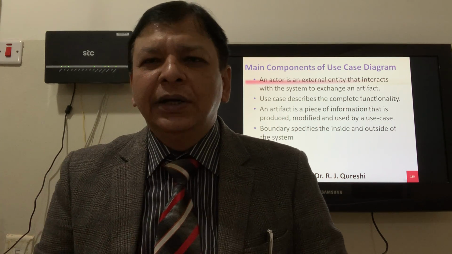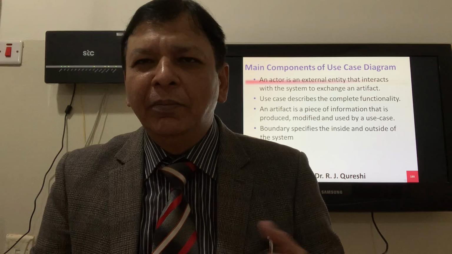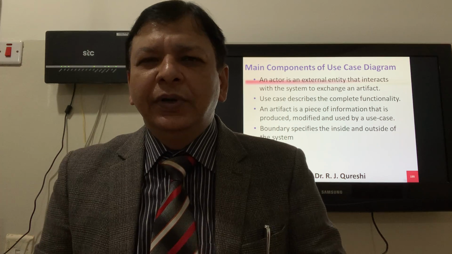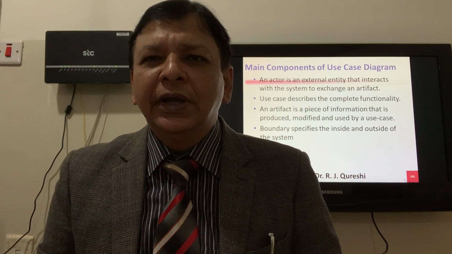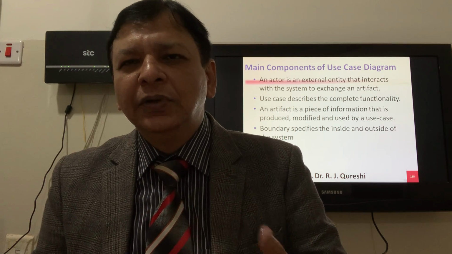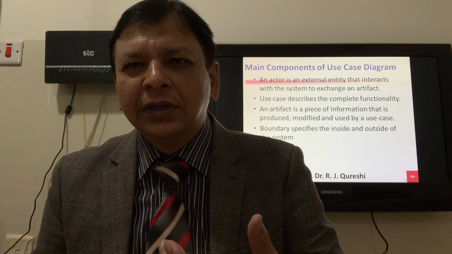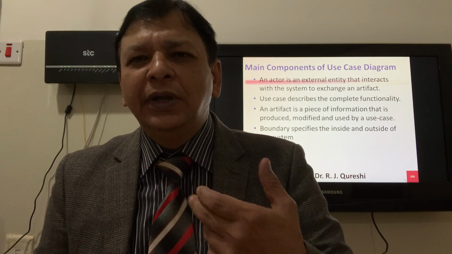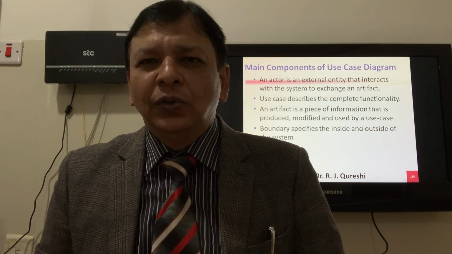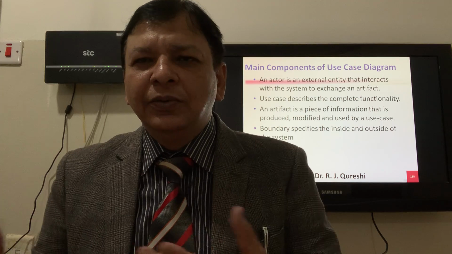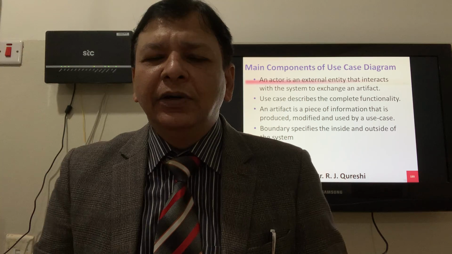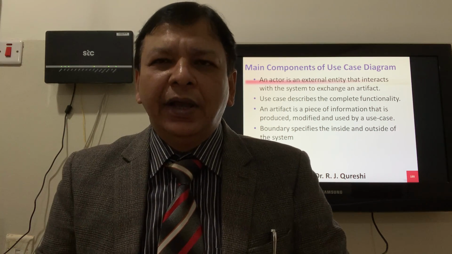Then we have the use case. We have a process in the data flow diagram and we have a use case in UML. What is the difference between them? The data flow diagram process can be decomposed into sub-processes, like the context diagram, level 1, and level 2. So a process of level 0 can be decomposed into level 1, then level 2, level 3, up to level 18. A use case, in contrast to a process, is a complete functionality. We cannot break it down like the process of a data flow diagram.